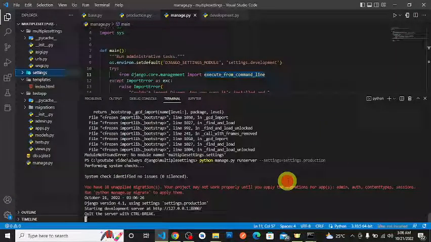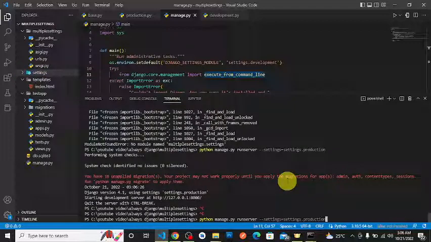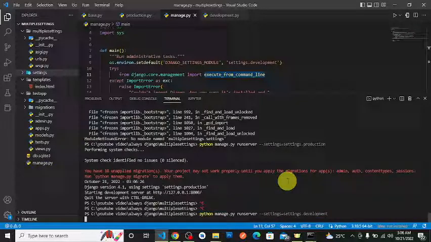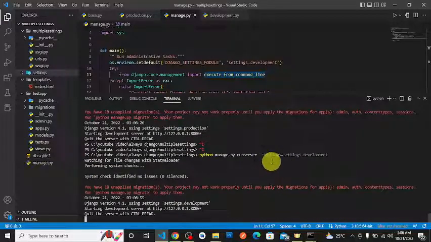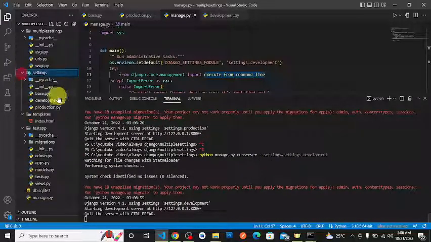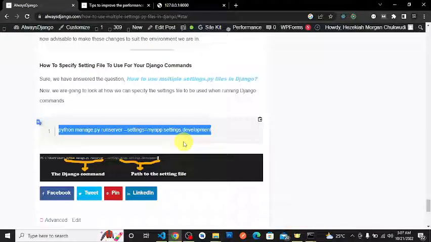If maybe you want to use the development, we say development. So right now this application will use the development.py settings here for this command you are running. For any other command you want to run, you just type python manage.py and the command. Let's say migrate --settings is equal to settings dot whatever setting you want to use, right? So this is basically how you use